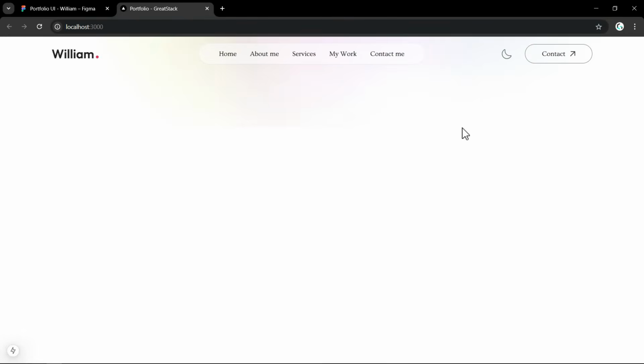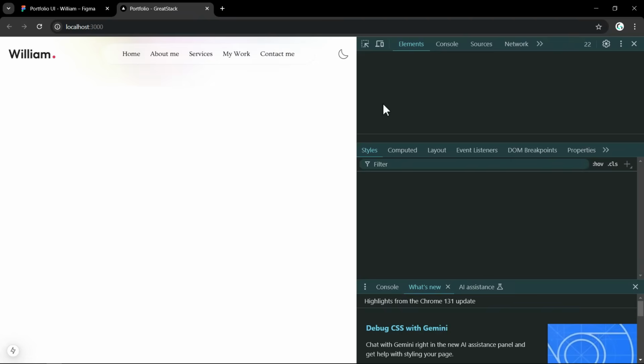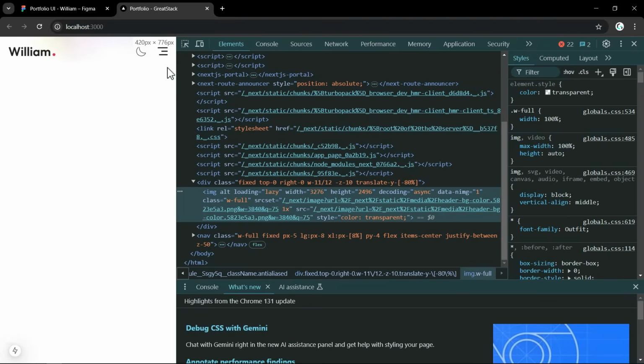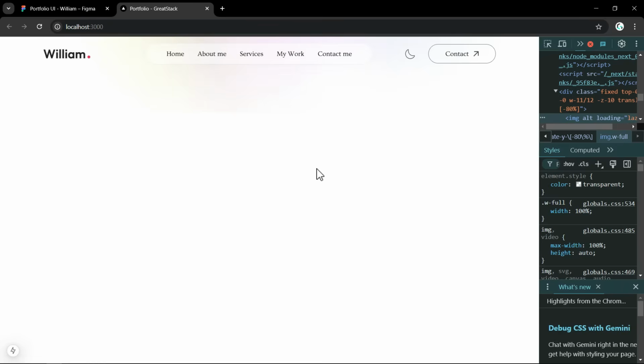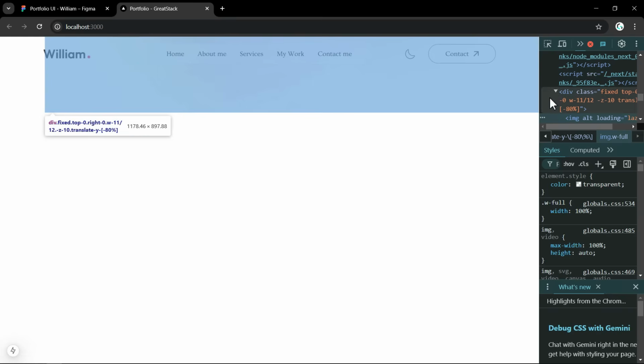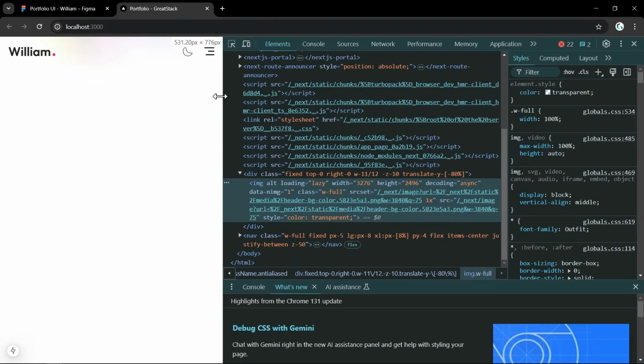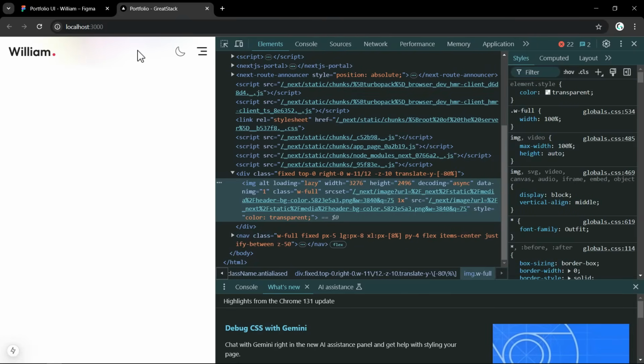Save the changes. Now you can see that menu icon is hidden, and if I change the screen size, so again this menu icon is visible. And you can see one more thing, if I increase the screen width, these menu items are visible, and if I change the screen size and come to a small screen, the menu items are hidden. So next we have to create the menu items or menu list for a small screen that will be displayed from the right side. So just come back,